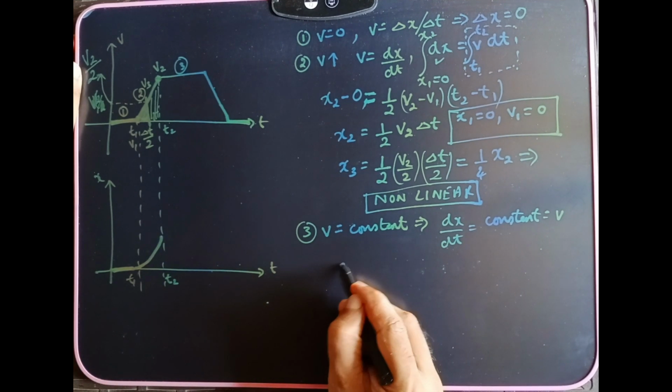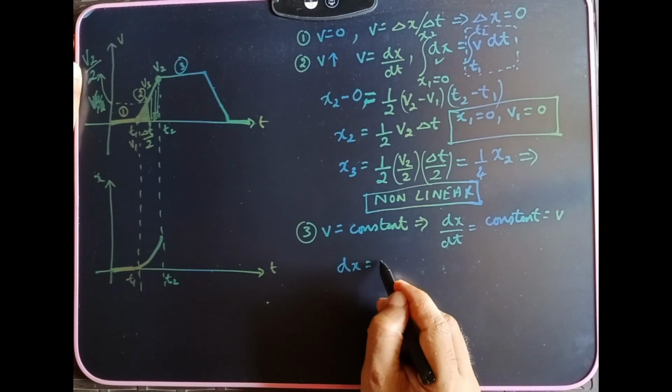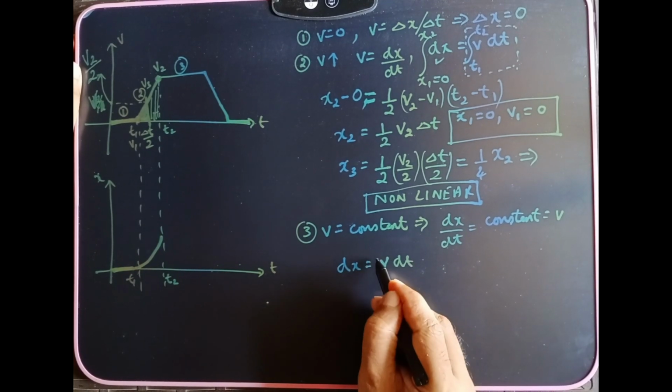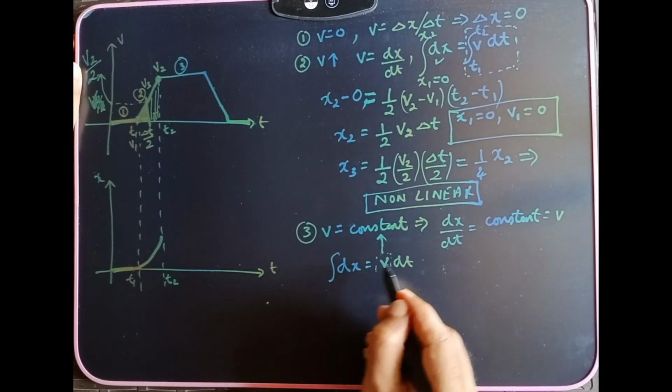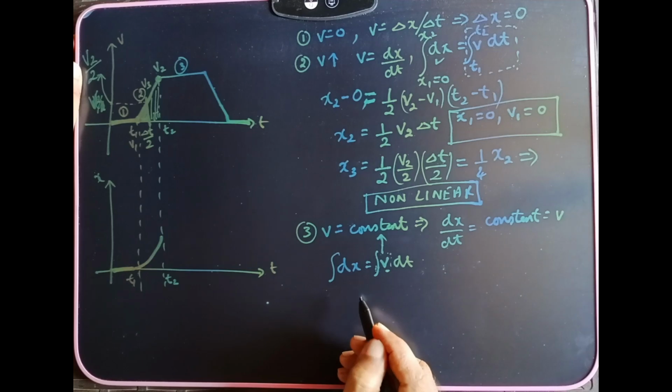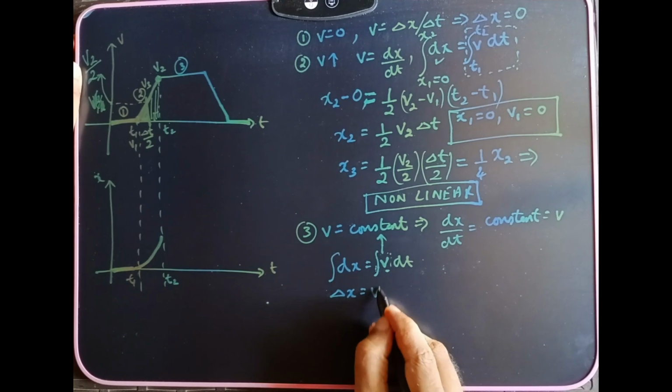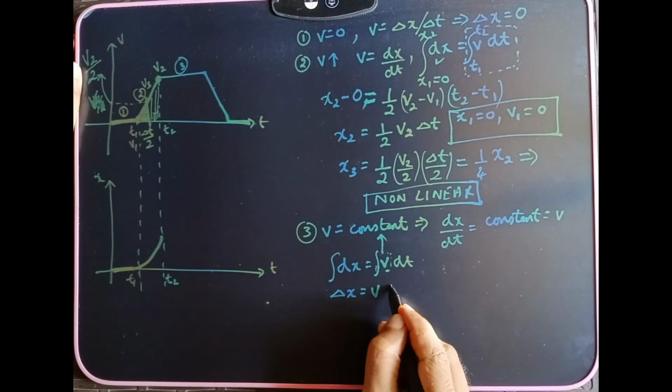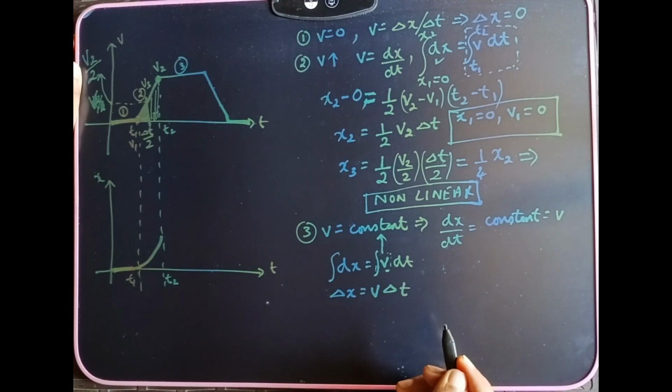So what do I do? I say dx is equal to v dt. But here v is a constant. So if I integrate both sides, I'll get delta x is equal to v, which is a constant and can come out of the integration, times delta t,